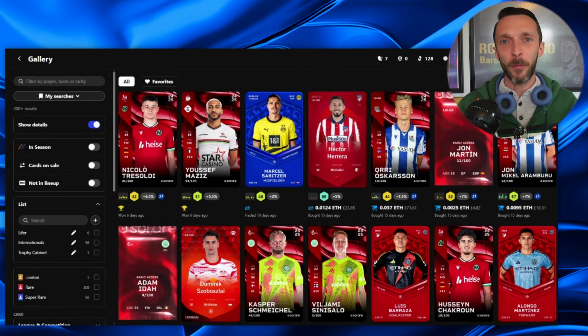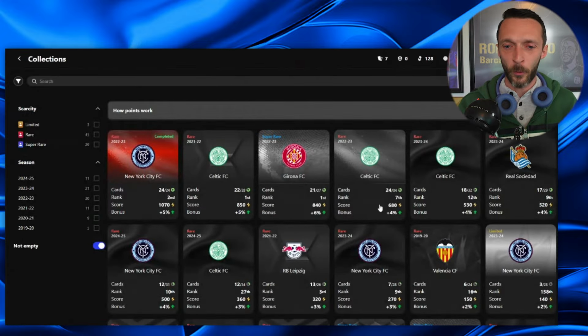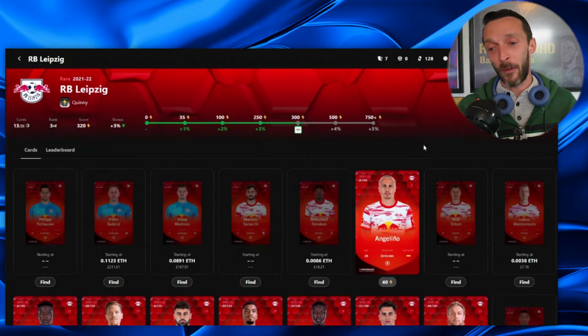It is a collection game of these cards that you are going to assemble to formulate your club. My club's called FC Barcelona, and you can see with some of the collections that I've got here, yeah, I've got that Celtic one, but I also collect cards from all across world football, European football especially, and I don't have big collections in all of them, but I like to get collections of cards that I'm a fan of,